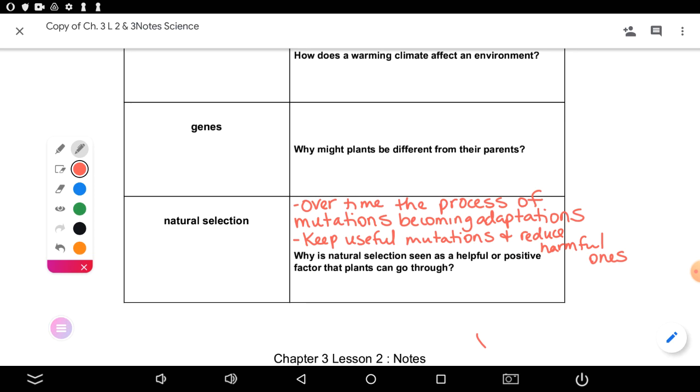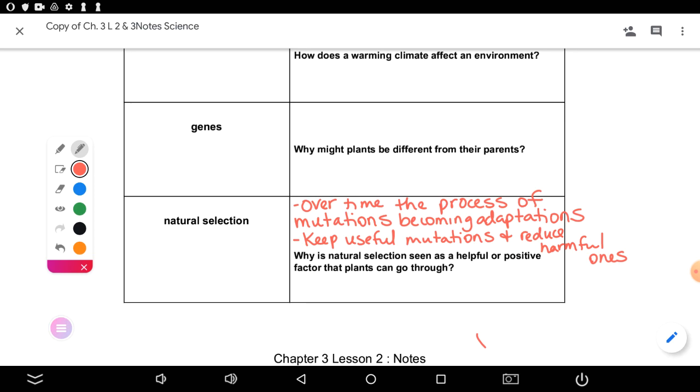So that would be like, let's talk about the plant with the long roots. Okay? If that plant with the long roots is getting more water and thriving on it, when it reproduces, what's probably going to happen to its offspring? It's probably going to have long roots because it has that gene now for long roots. If it's a useful adaptation, or if it's a useful mutation, like it was a random, that's a weird flower, it has long roots, but it's like, hey, that weird flower is getting a lot of resources, so it keeps that, okay? And then it becomes normal for those flowers to have long roots.